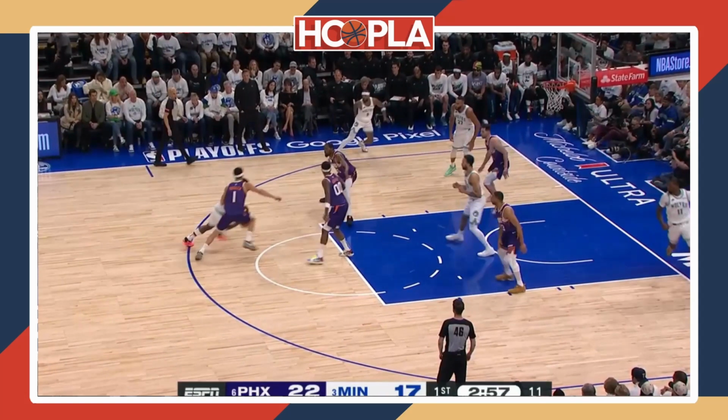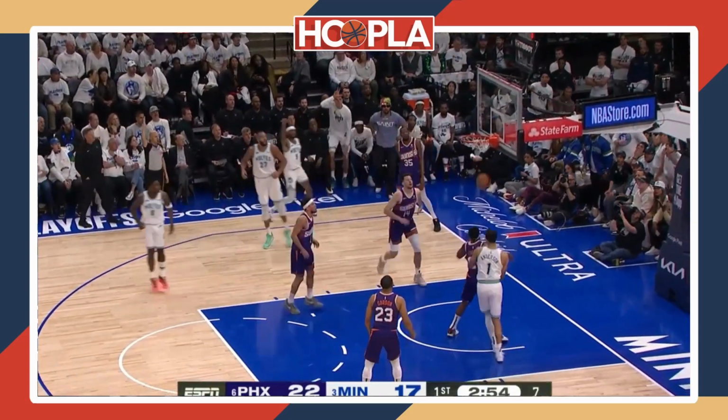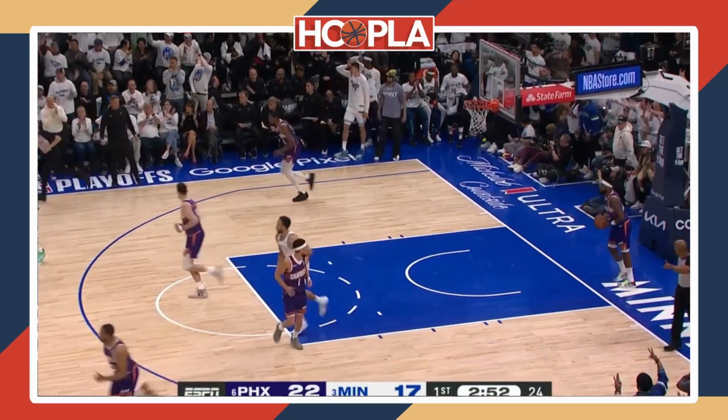Kevin Durant slides over into help at the elbow. He recognizes this, and I think he already had his mind made up that he sees Alexander Walker wide open in the corner over here for a wide open jump shot. And actually, he gets a little help right here from Rudy Gobert, who sets a screen and opens up the 3 even more. So he makes a quick decision, jumps in the air, but he knew what he was going to do with it when he jumped in the air, and it leads to a wide open 3.